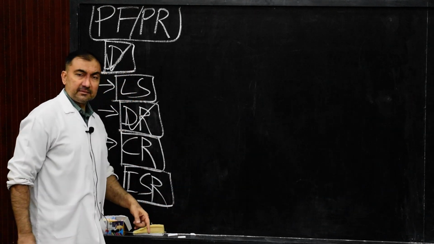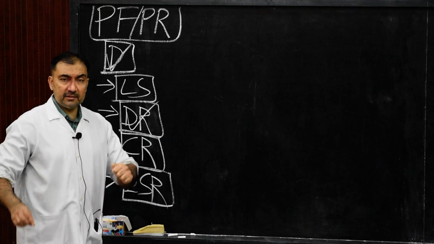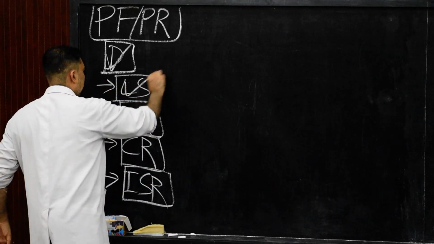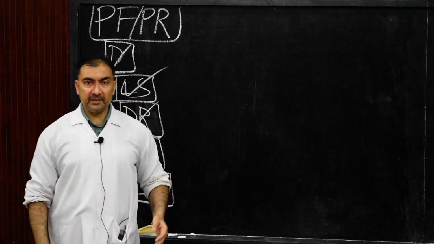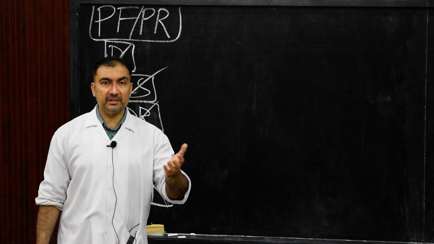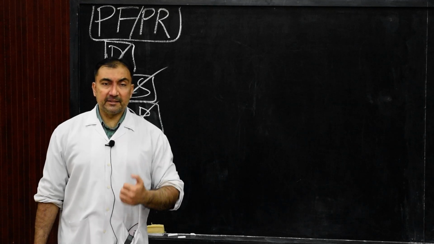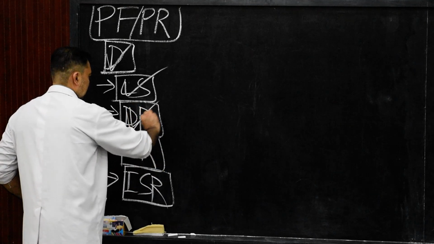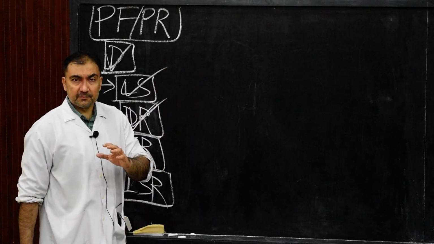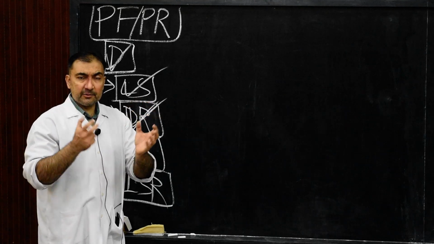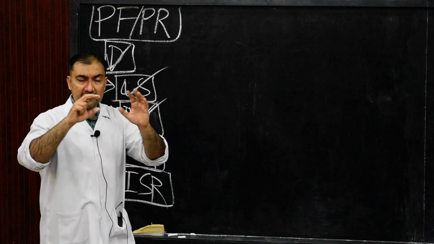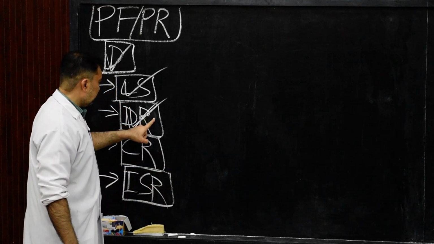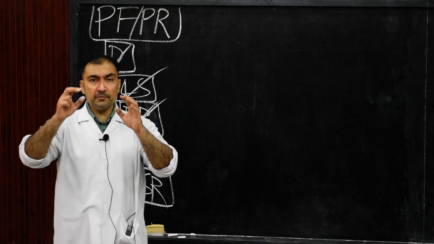Each and every recess we need to understand and remember, where they are present. Lesser sac we have discussed in a separate lecture; previous lectures were there of lesser sac, part 1, part 2, even part 3. Now we are straight away starting with duodenal recesses. The peritoneal recesses which are present around the duodenum are classified into duodenal recesses, and as I told you, there are around 6 of them.